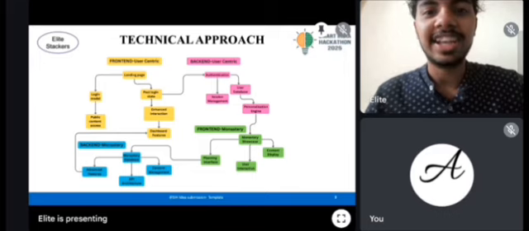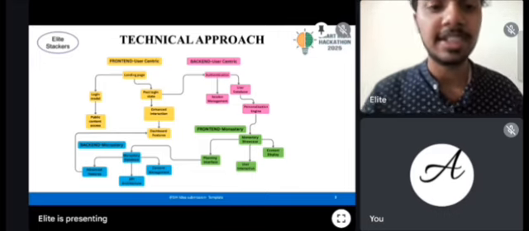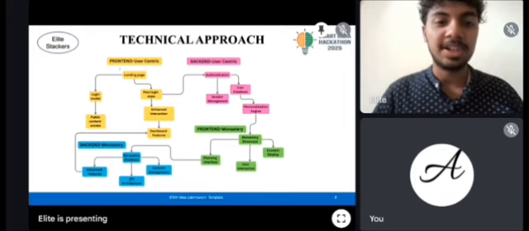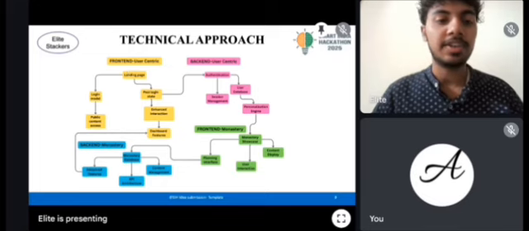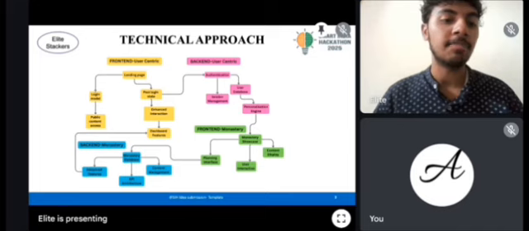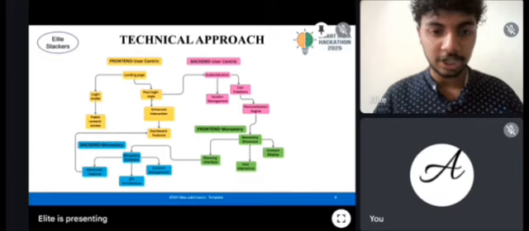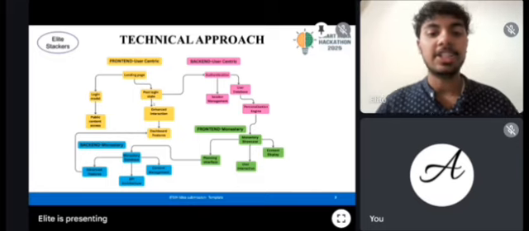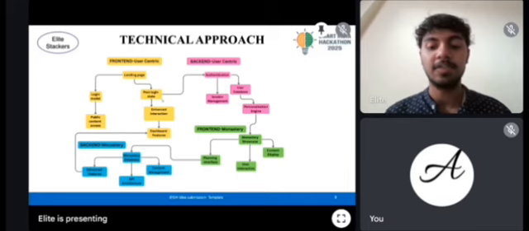So this is the technical approach for our prototype that we have designed to tackle the problems faced by the Sikkim monasteries. Here it is the user-centric front end, which contains the landing page, the entry point for the user. After that, there is the login module. If the user is not logged in, then they will access the public content. And if he or she has logged in, then it will go to the post-login state where he or she can interact with the enhanced interaction, and after that he or she will get access to his or her dashboard features.